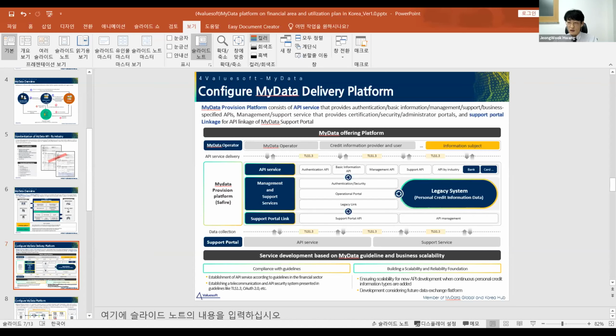Let me tell you more about the Mydata provision platform.